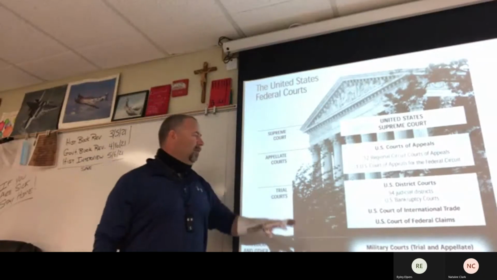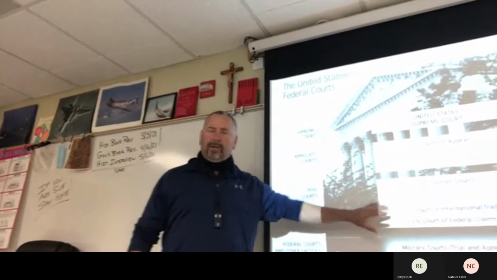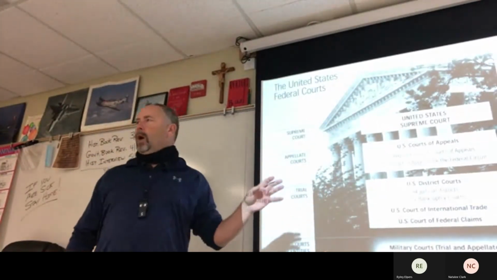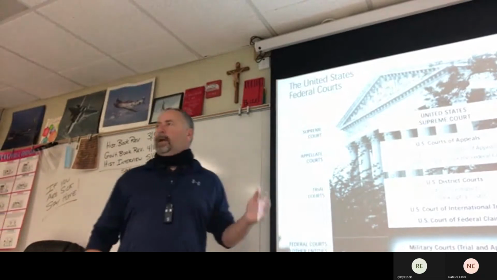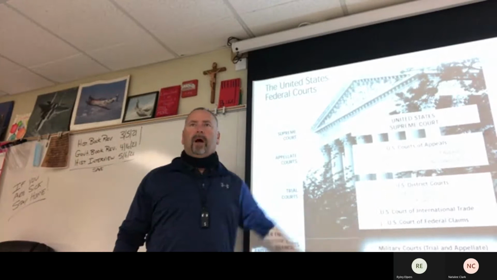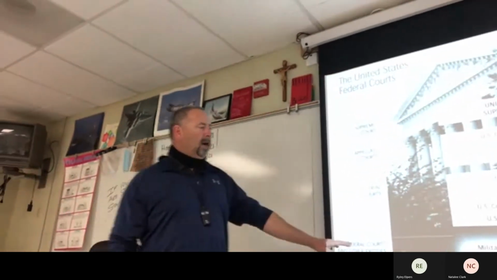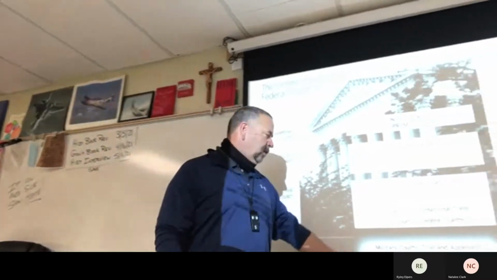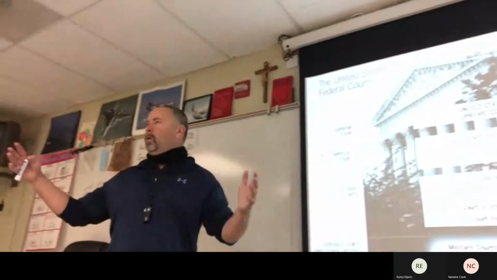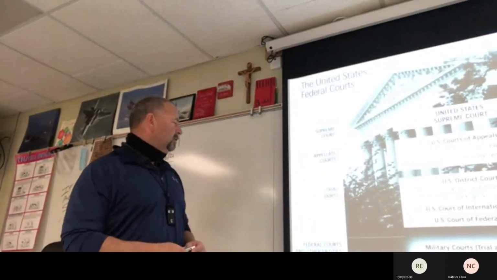From there, you have 94 district courts. We have one in Wichita, a federal district court. These are the trial courts for federal crimes. So if you rob a bank, it's a federal crime, and you go to a district court. And then there are some special courts created by Congress later on: military courts, veterans appeals, tax court, and courts for stuff that happens in open water, out in international waters. Those are special courts for that stuff.